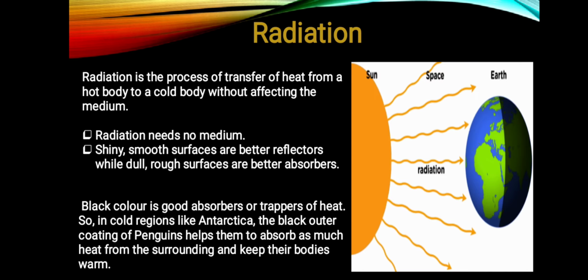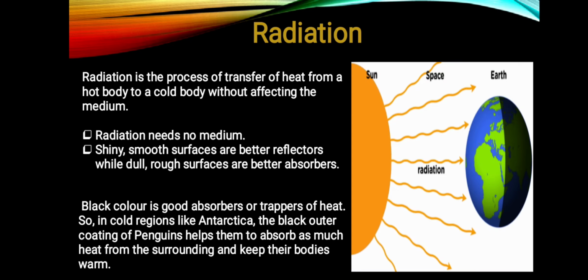All bodies give out energy that travels in the form of radiation through space. We receive heat from the sun by radiation. Most of the space between the sun and the earth is vacuum. The heat from the sun reaches us traveling through vacuum. The heat energy transfer without the need of any medium is called radiant heat.